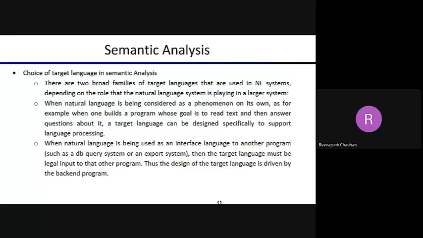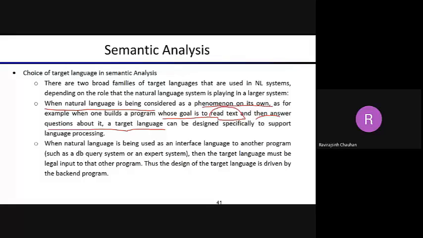So there are two categories. One category is your natural language system, जो भी आप system बना रहे हो, that is an independent system. इनपुट में इंग्लिश लैंग्वेज अगर हम कंसीडर करते हैं तो इंग्लिश लैंग्वेज में इनपुट आएगा और उसी के लैंग्वेज में हम आउटपुट देंगे. फॉर एग्जांपल चैटबॉट. अदरवाइज